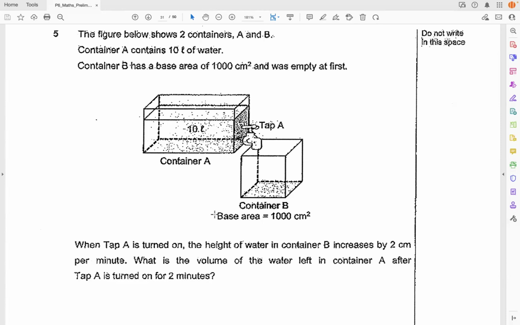Container B increases by 2 centimeter per minute. Okay, and the water going into container B goes in for 2 minutes from tap A. So how much water flows from tap A into container B? Okay, so listen,